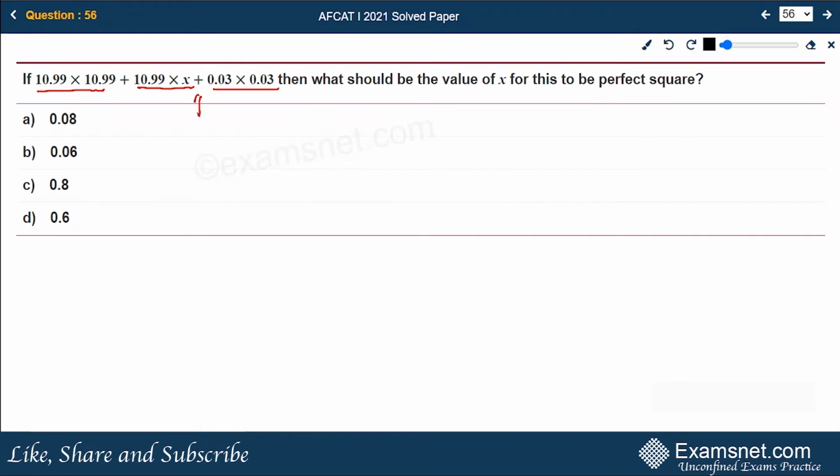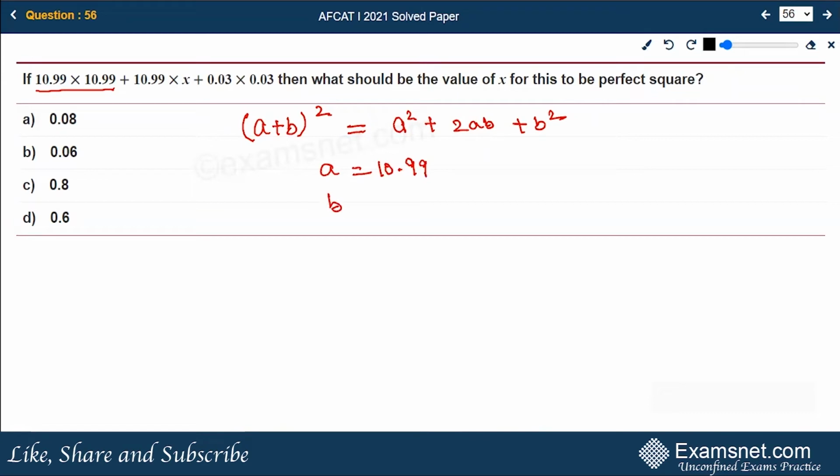Also, it involves all the plus signs. No negative sign is present in the given expression. So, utilizing the formula identity, a plus b whole square is equal to a square plus 2ab plus b square. In this question, a is 10.99, b is 0.03,